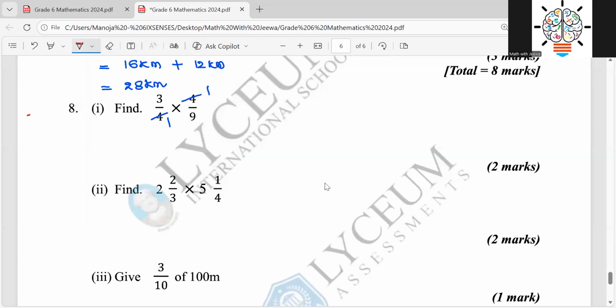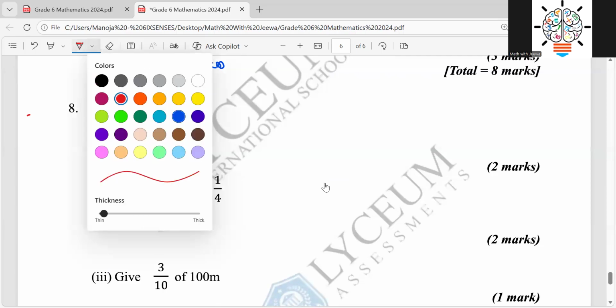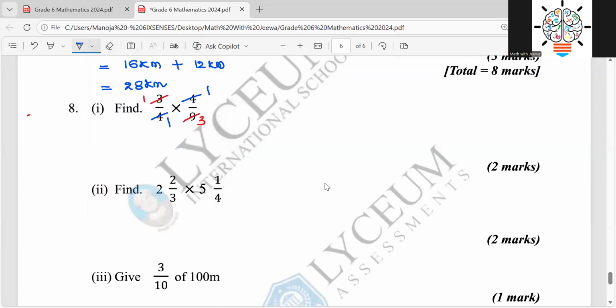But in your exam, you don't want to do that. So then 3 times 1 and 3 times 3. Now you can see that is why I use a different color to show you when you are simplifying. Always you pick one number from the numerator, the other number from the denominator, right? 1 times 1, 1. 1 times 3, 3. Okay. And then the next one,